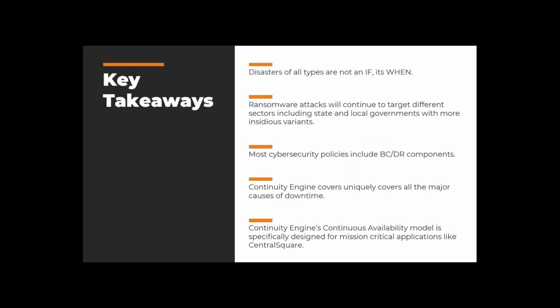So a couple key takeaways from this. Disasters of all types are not an if, it's a when. It will happen. Nobody even suspected a few months ago that we would even be in a pandemic right now, right? So we know that these things are going to happen. And so it's not an if, it's a when. Ransomware attacks will continue, and they're going to continue to target different types of sectors, including state and local governments, and they're getting more insidious in different variants, right? So the hackers are not getting stupider, they're getting smarter, right? And so we have to provide a layer of protection to ensure that we can recover in the event